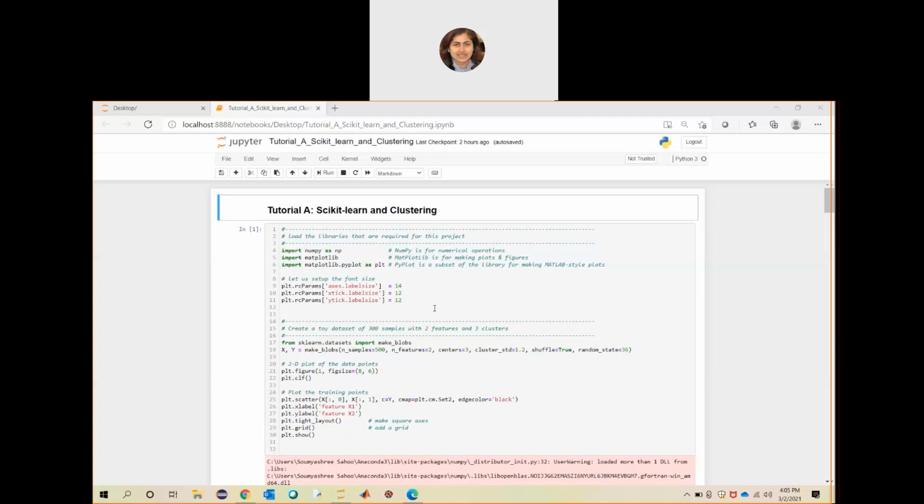Some people also implement it using the programming language R. If you are comfortable with R, you will also be able to implement this. Instead of Python, you can use R also. Here, whatever you are seeing in this Jupyter Notebook file is the Python programming language.